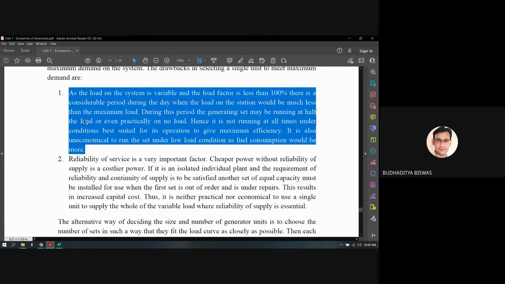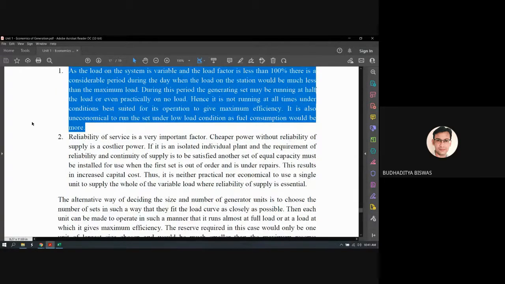So that means most of the time, 90% of the day, we need to generate less than the efficient output, because that unit is very efficient to generate up to 110 megawatt. But generally we need to generate 40 to 50 megawatt to make the base load. And very few times we need to generate 100 megawatt. So the efficiency of the alternator is not used properly. Okay, so this is not to be taken for granted. This is the first point.